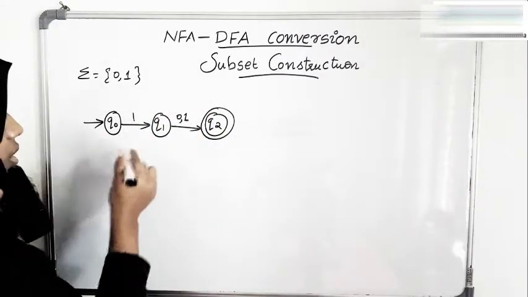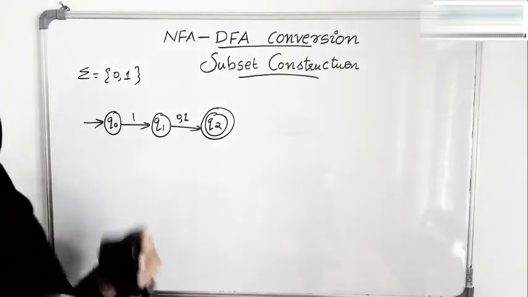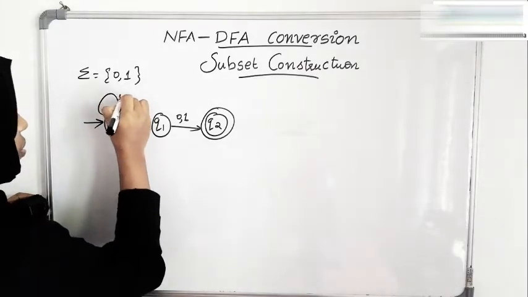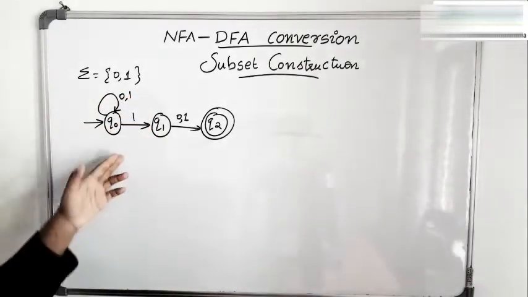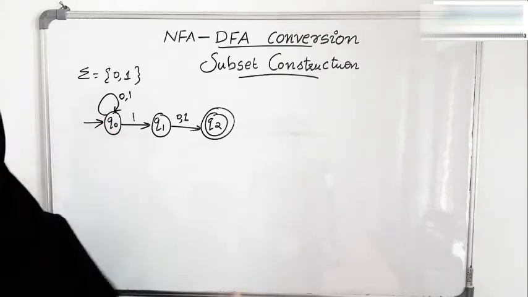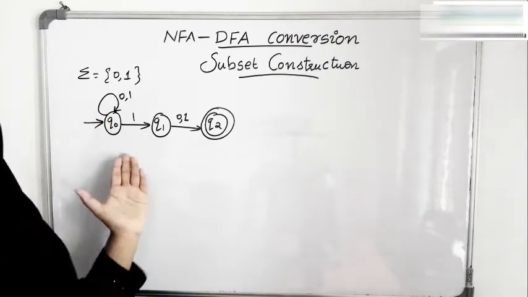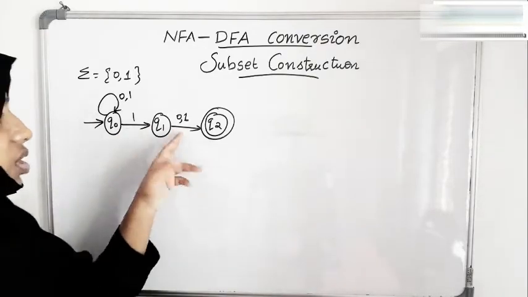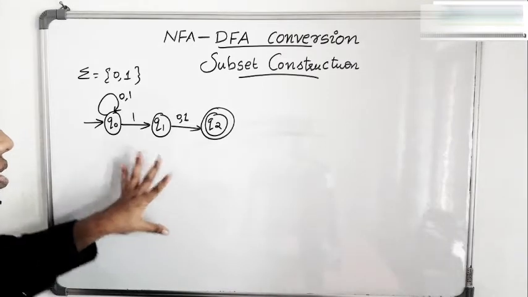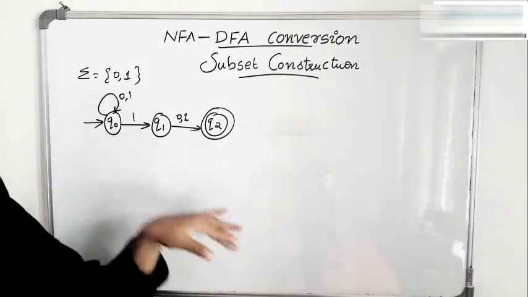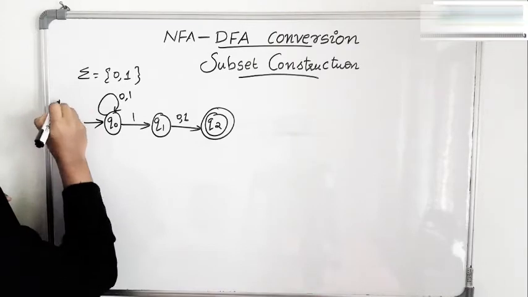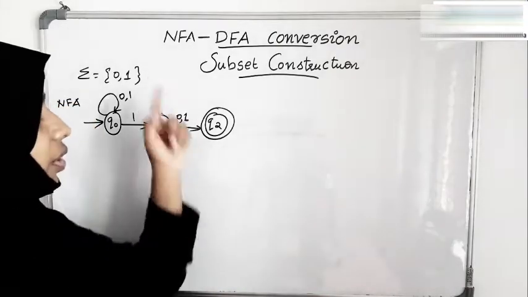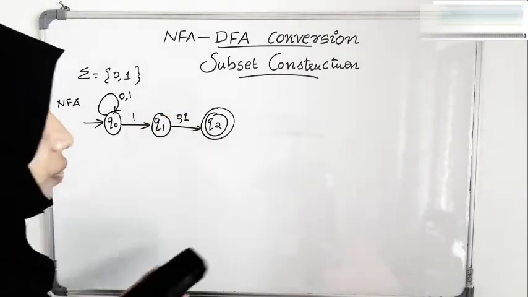Now, the condition is that the 1 should be in the second last position. So you can have any number of zeros and ones before this, even 1 lakh zeros or ones, any combination of zeros and ones. Then a 1, and then 0 or 1 at the end. So this is the NFA. Now we want to draw the equivalent DFA for this NFA. For that we will do the subset construction algorithm and convert this NFA into a DFA. Now we will see how we can do that.